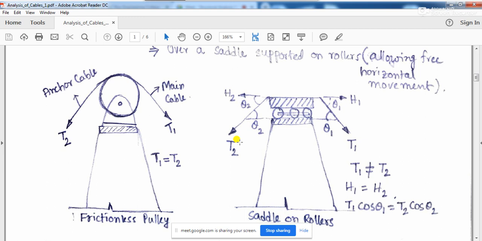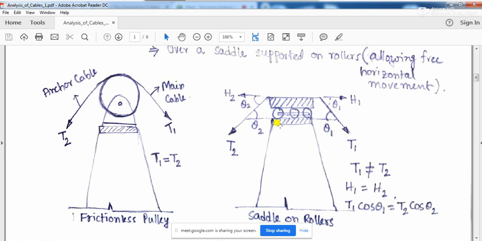If it does not balance, then the saddle supported on roller will not be under equilibrium. Okay, so if that condition needs to be there, H1 is equal to H2, and obviously T1 may